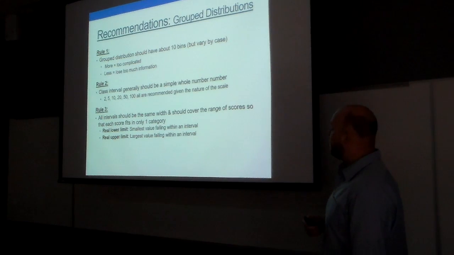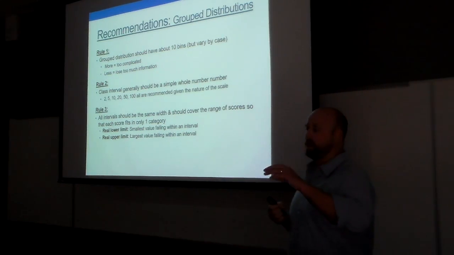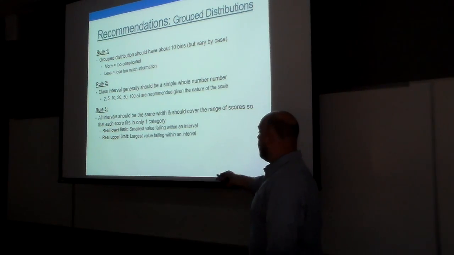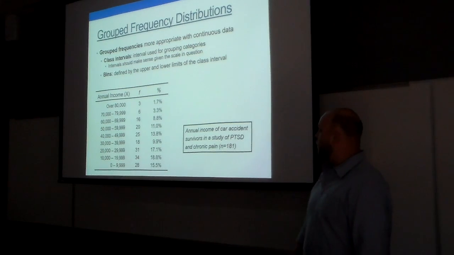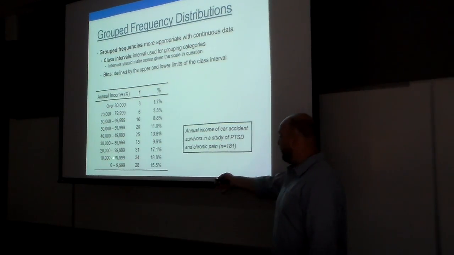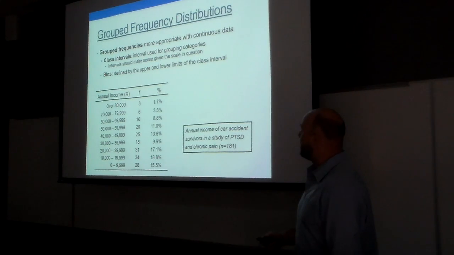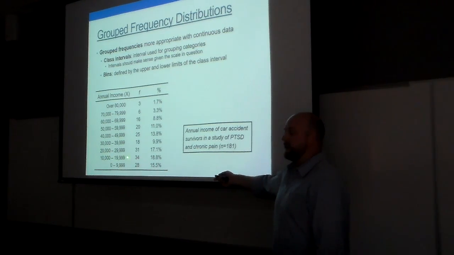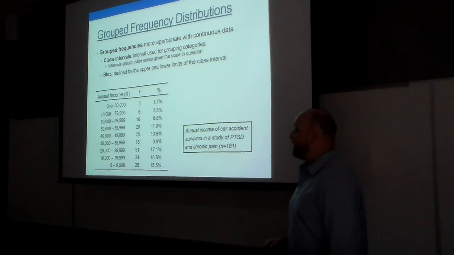Rule number three, all your intervals should be the same width and cover the same range of scores so that each value only fits into one category. When we're talking about the real upper and real lower limit of our bins, the real lower limit is the smallest value falling in the interval, the real upper limit the largest value. So if we go back here, my real lower limit for category 2 might be $9,999.50. That would round up into this bin and count them here. So my lower limit is 10,000, but the real lower limit is that 50 cents that rounds up or down. Real upper limit for my first bin here,